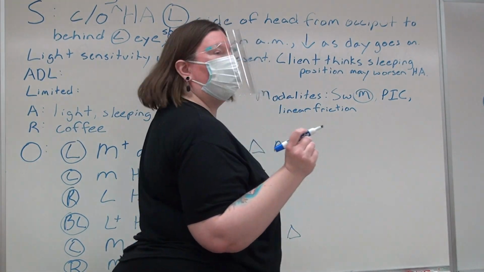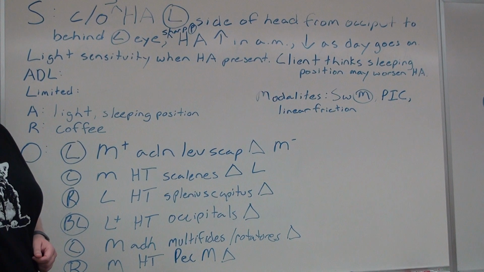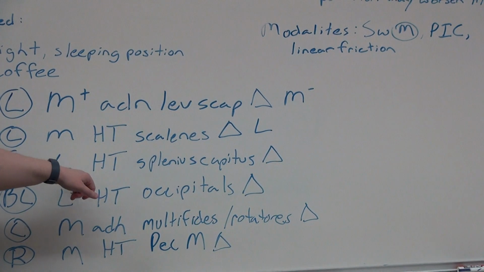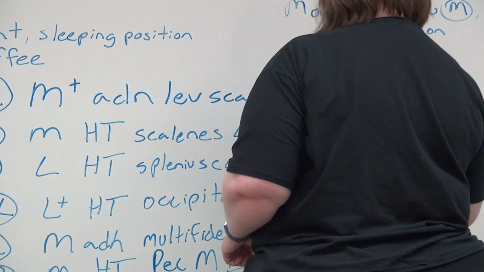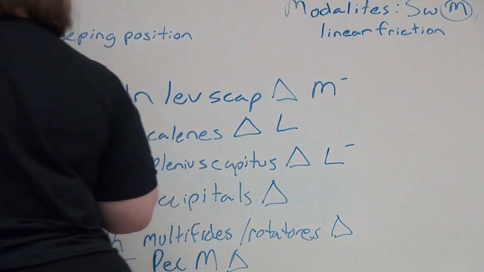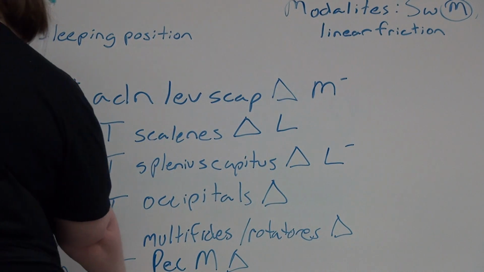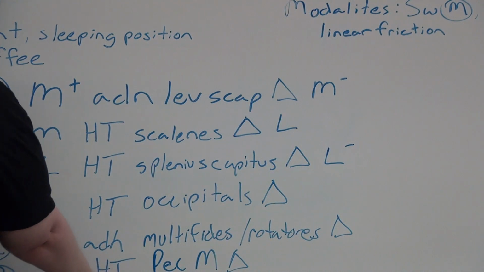Okay. How about splenius capitis? I didn't record that one. I don't know. Or maybe it was M to M minus, because I think it went to mild minus. Maybe I'm just making that up. What about the occipitals? I have M minus. M to L. You have moderate for that? Yeah, well, that's what I have written in the response area, M triangle L circle. Okay.